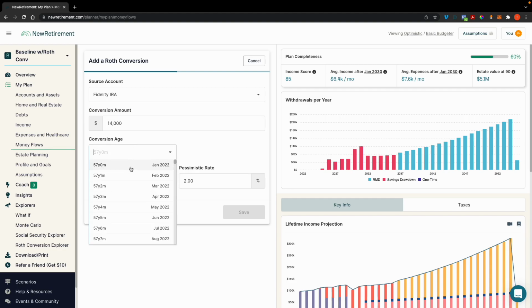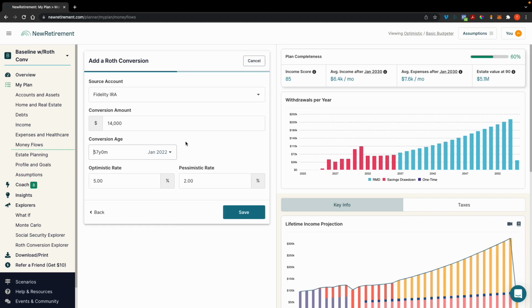Conversion age, let's just say it's January 2022. It said 2022, so we should do that. And then make sure when you plug in the optimistic rate and pessimistic rate that it's the same as the account that you're taking it from.